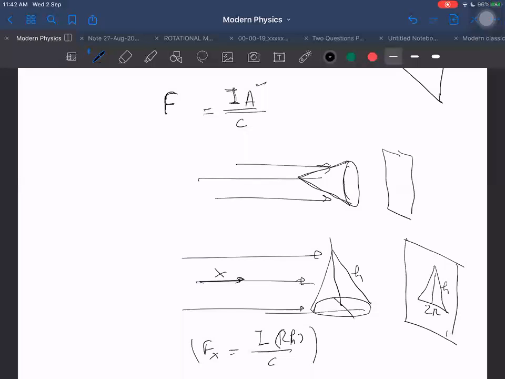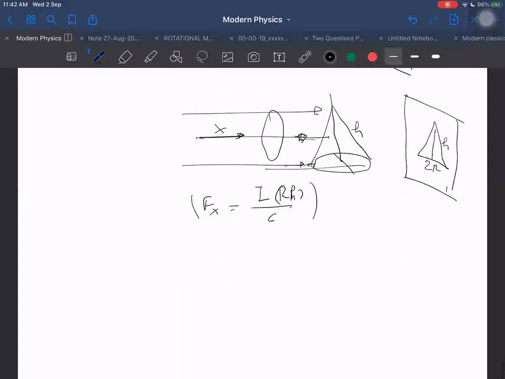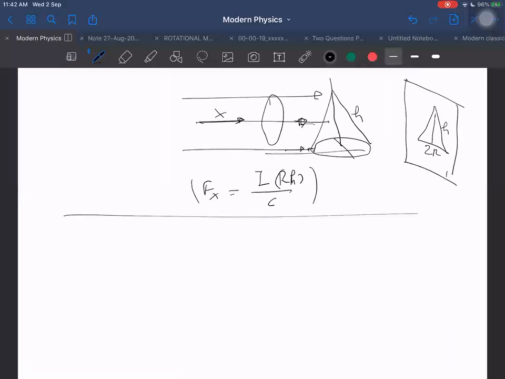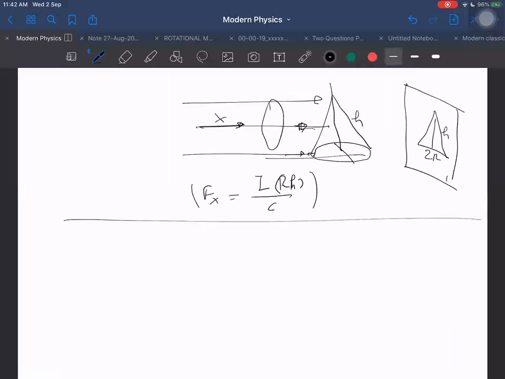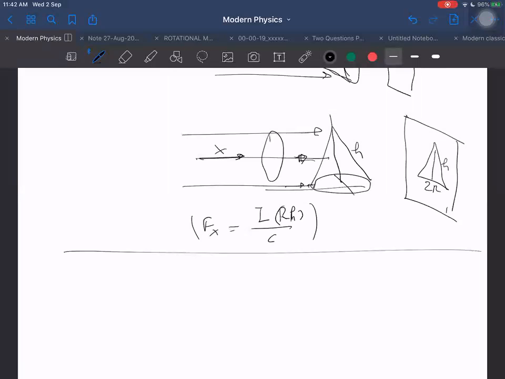This is the x-axis. Obviously, if it is a perfectly absorbing case, then it will have no force along y. That only will be the force. But for other cases where it is reflected and something happens, the force will be somewhat different. That is somewhat difficult to calculate. I will tell you that example also, but not now, maybe after some time when other important questions are already done. We can do it also for the perfectly reflecting case, but that is really tough, and you need a lot of imagination to understand that. Therefore, I'm not taking it now.